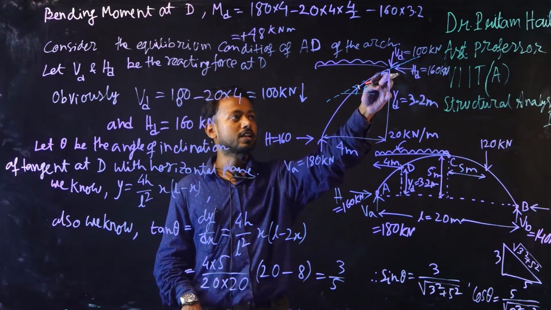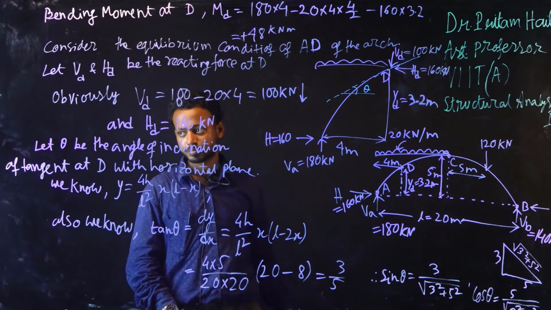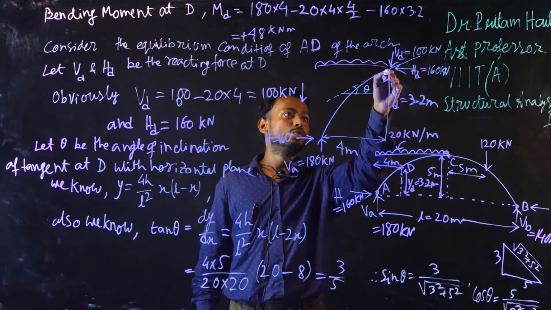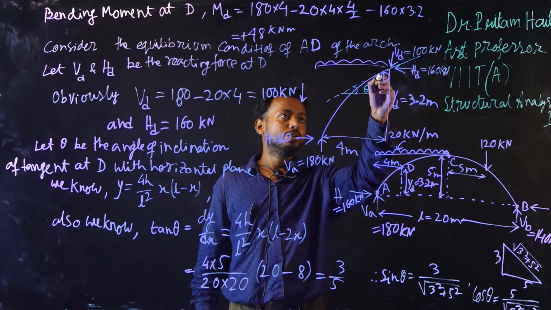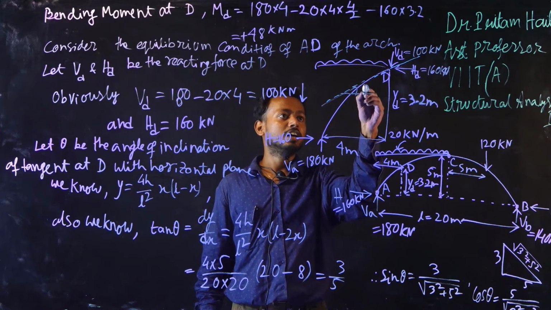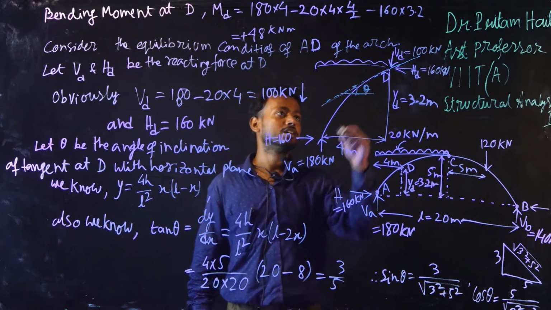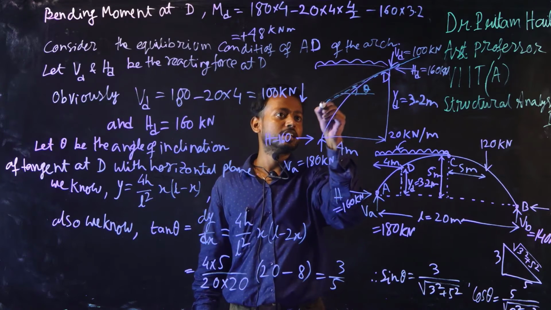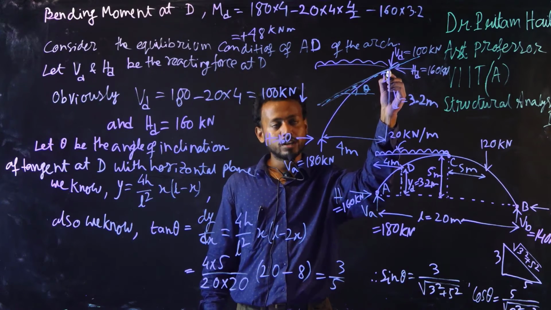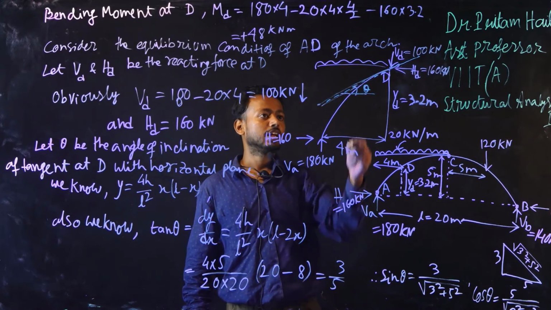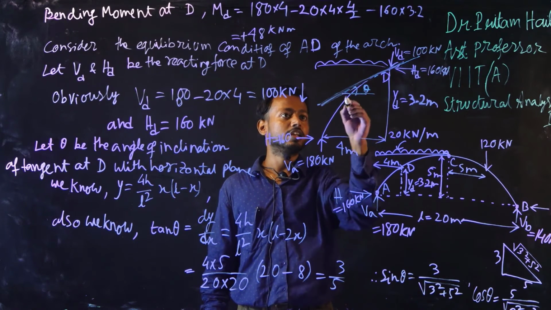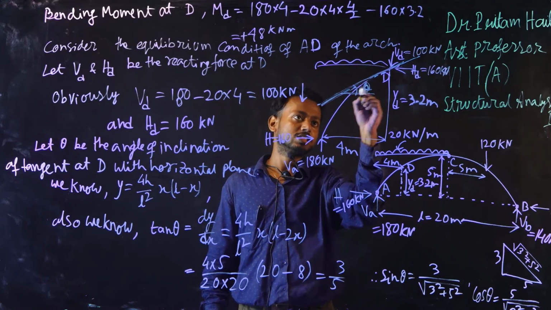So these forces are acting at joint at point D. Okay. Now I will draw a tangent at point D to know at point D the tangent is inclined with the horizontal plane at theta. What is the value of theta? I have to calculate. So I will draw a tangent at point D because I have to calculate the bending moment, normal thrust, radial shear at point D. So I have to know what is the inclination of the tangent at point D. So I have drawn a tangent at point D which is inclined theta with the horizontal plane.